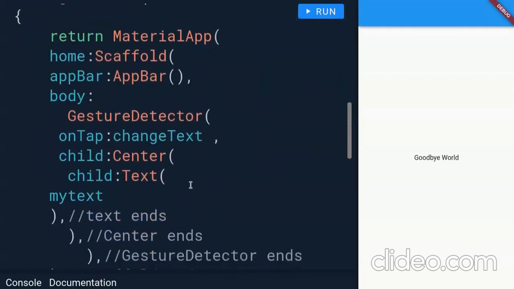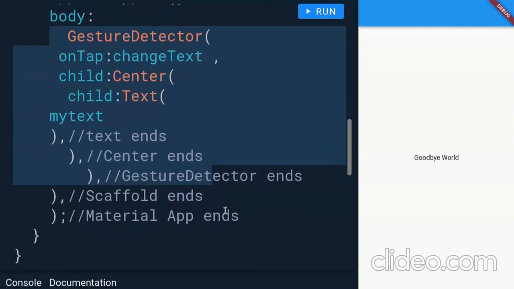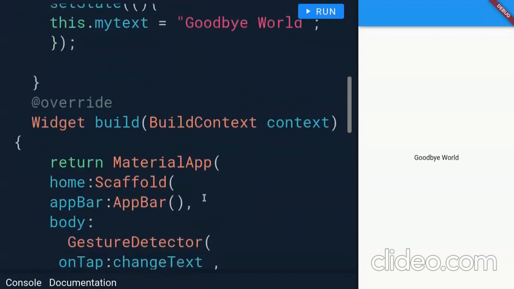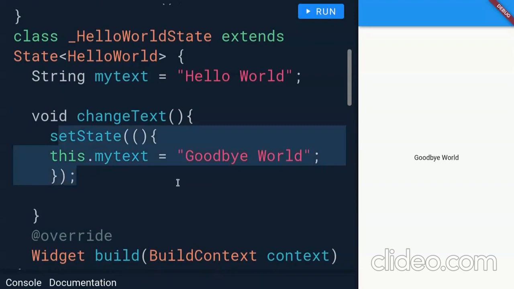One more time I'm repeating, just burn this in your mind, that this is the main concept. In our code, in the build method, we compose the user interface tree. When the user interface event occurs, we modify the state, and Flutter will automatically trigger the build method to draw the user interface widget tree. So the main concept is we compose the user interface tree and modify the state in our code. These two works we have to do in our code.